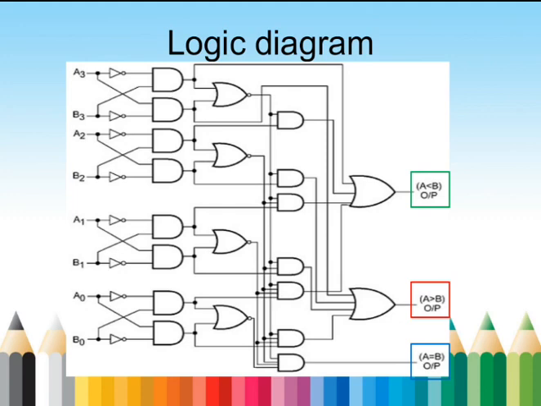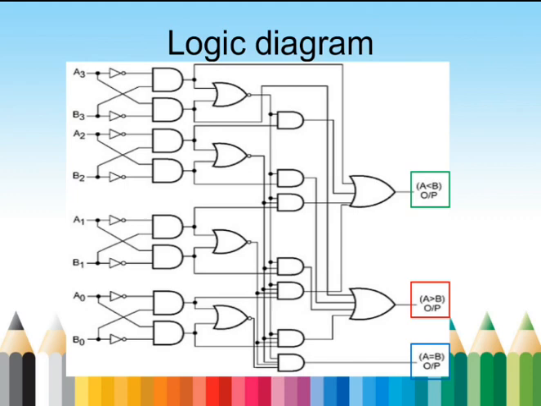Similarly for A less than B, it is encircled by a green color boundary. Yes, it is identified by checking the condition for A prime B. Finally all the A prime B terms are ORed with each other. And the output A is equal to B is encircled by a blue color boundary. Yes, we should check for the condition when both A and B are equal. This is the logic diagram for a 4-bit magnitude comparator.